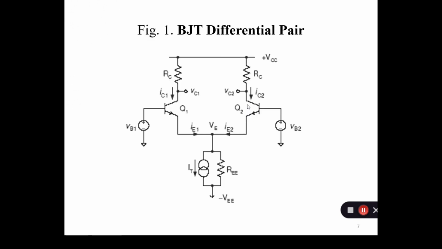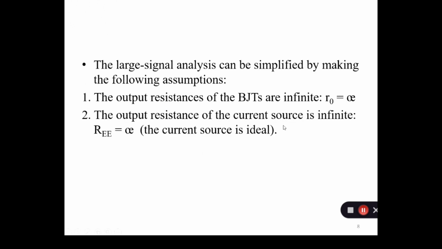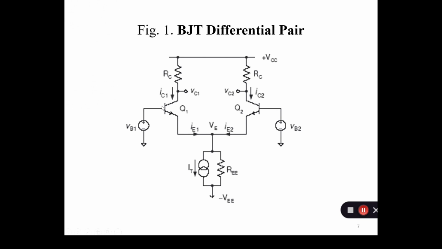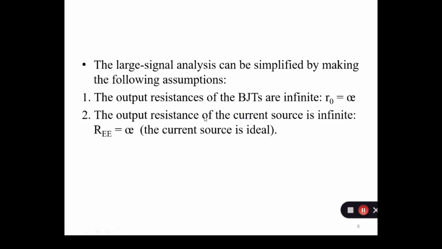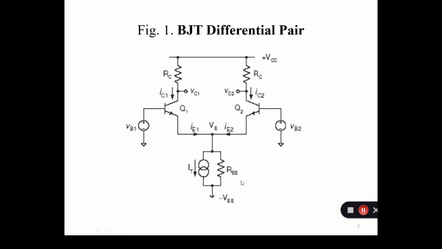Here in this circuit, one more thing, for this section and this section, we have the two assumptions that the output resistance of BJTs is infinite. What is the output resistance of a BJT? I am going back. All my PPTs have a PPT number, so I am going back again. This one, output resistance here, output resistance here. We are assuming it infinite, and also the output resistance of the current source is infinite, which is REE, which is here. So we are assuming three resistances infinite, like this one, and RE.